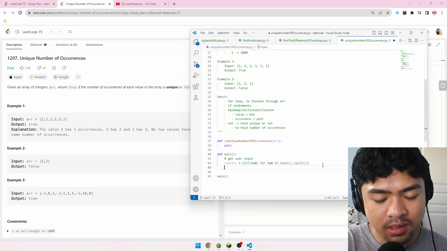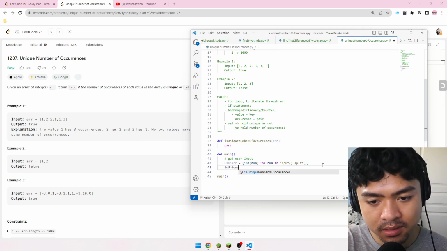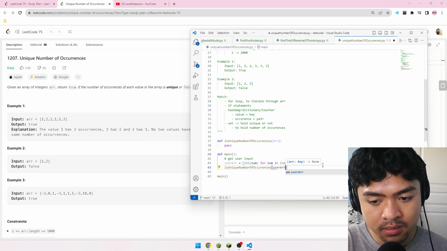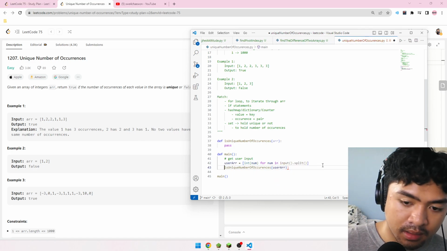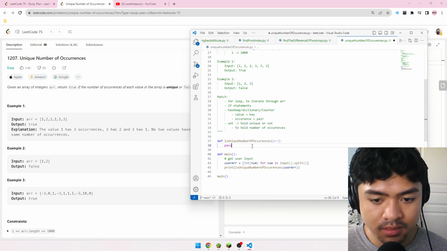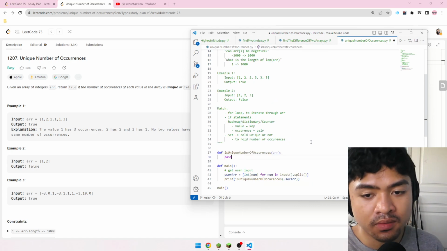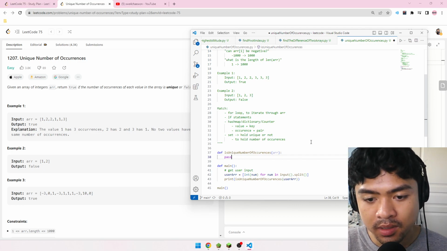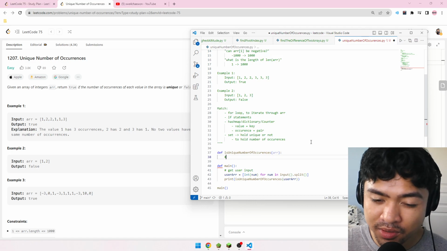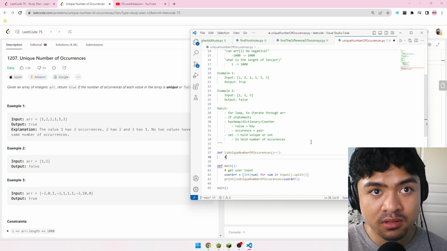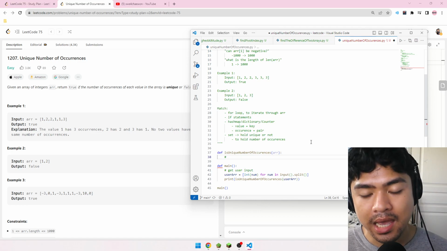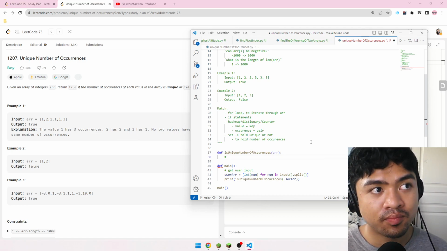And then we're going to call is unique number of occurrences with the argument of user array that we just have. And then we're going to print out its return value because we know it's going to return a Boolean, true or false. So yeah, let's go ahead and solve this problem. So first thing I want to do is go through a for loop, but I'm not sure if I want to do that first. We can make it easier for ourselves. So instead of going through a for loop and